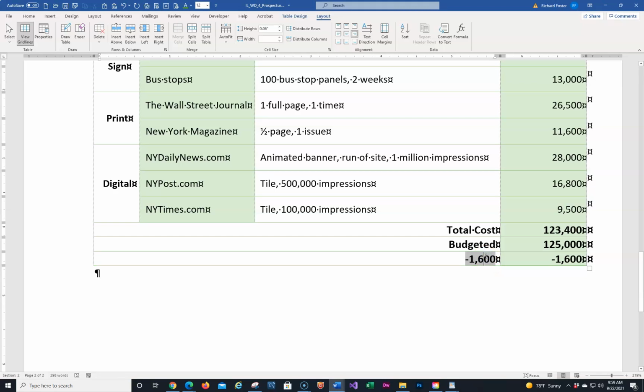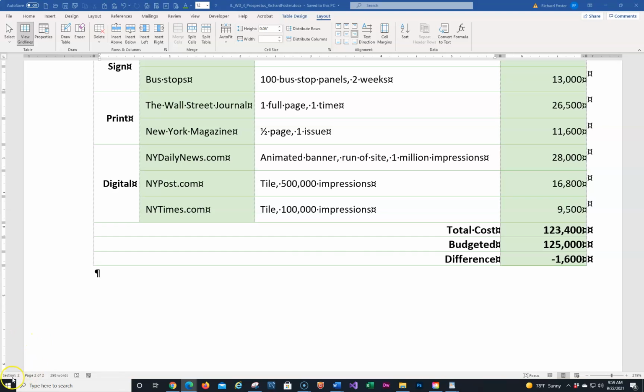So I need to delete this. Now notice what it's doing here is deleting it bit by bit. Now I have it done, so I'm going to type in difference. But I'll show you an easier trick to do it than the way I did it. If you click here and hit the tab key, it automatically selects the entire next cell in here. So that's a little easy trick. So I'm going to save everything here, and I'm going to move on to the next step, which is customizing